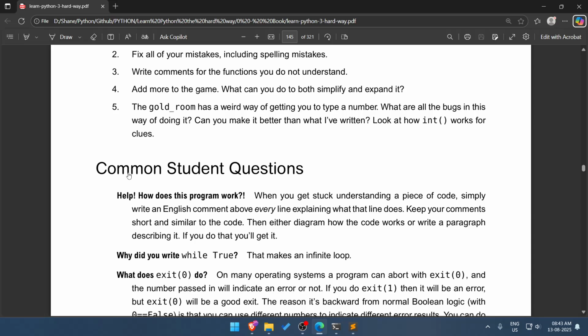We have a common student question. Help, how does this program work? When you get stuck understanding a piece of code, simply write it in English. Okay.